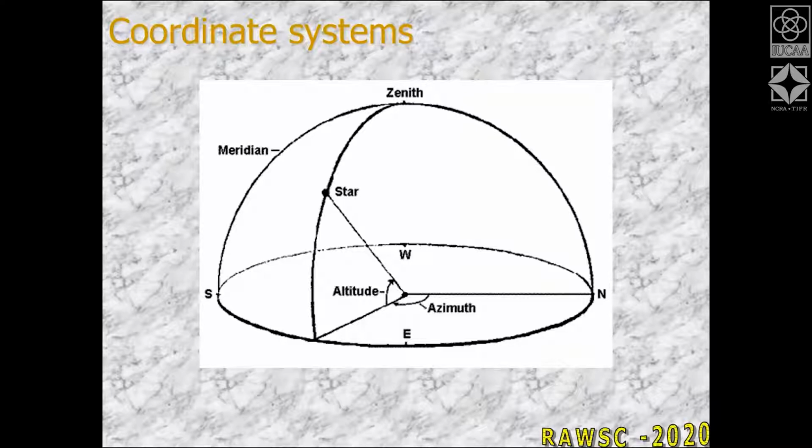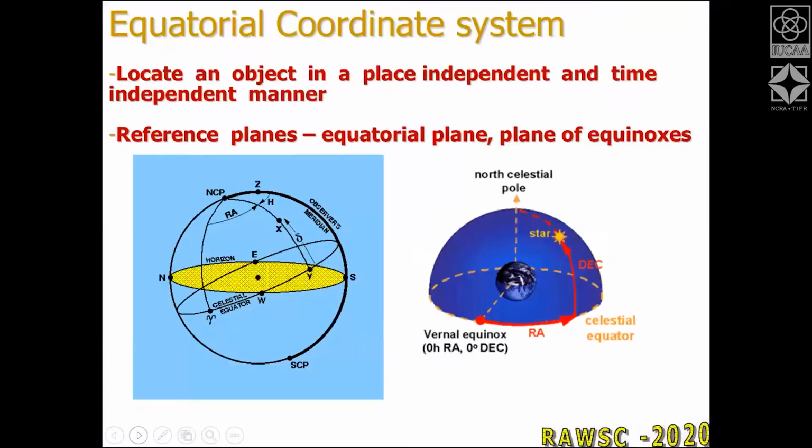And you don't directly use this system. So then how do you take care of this? With RA and Dec coordinates. So what is the difference in RA and Dec versus this? Why is RA and Dec not time and location dependent? Because we consider the celestial sphere there, and that's kind of a constant. Meaning the reference circle is the equatorial plane, the celestial equator, and equinox. Okay, so now we have come to that celestial system.